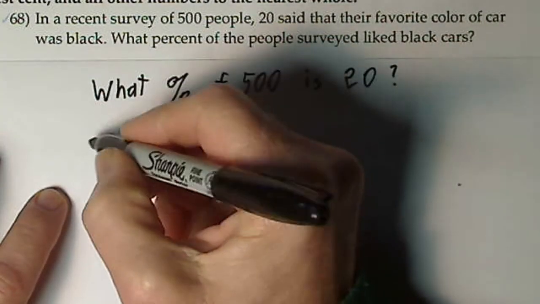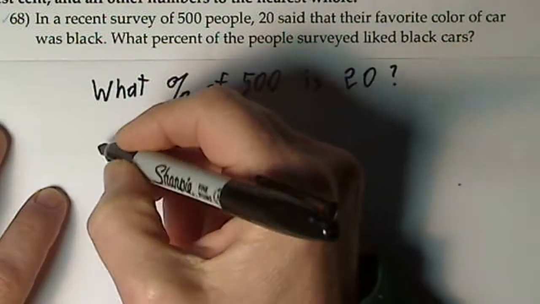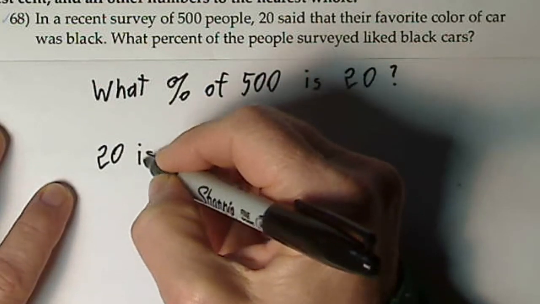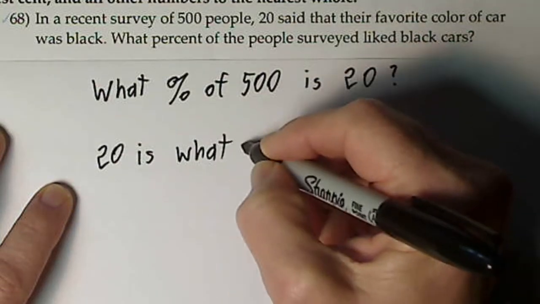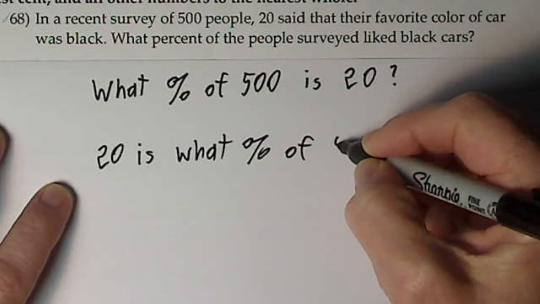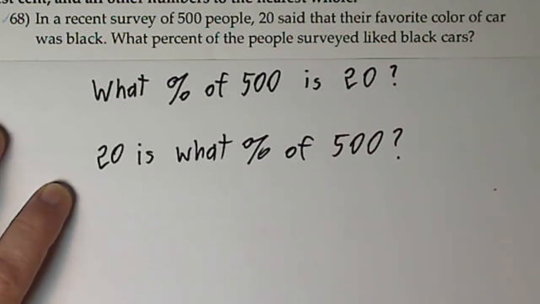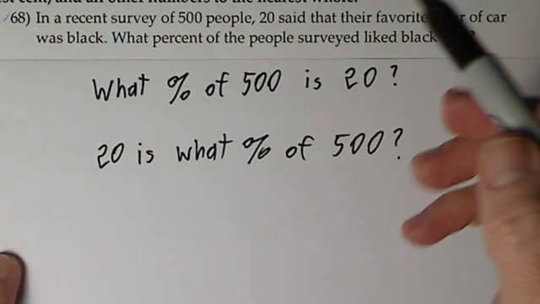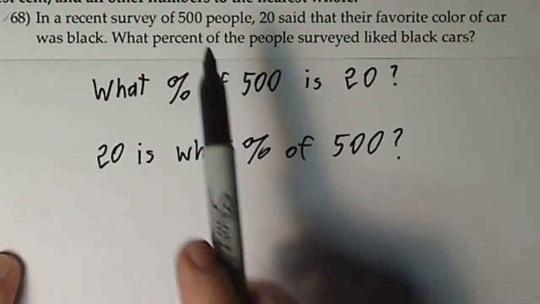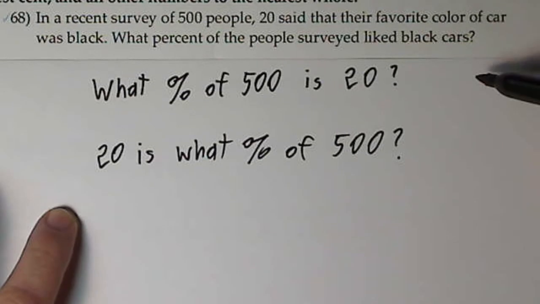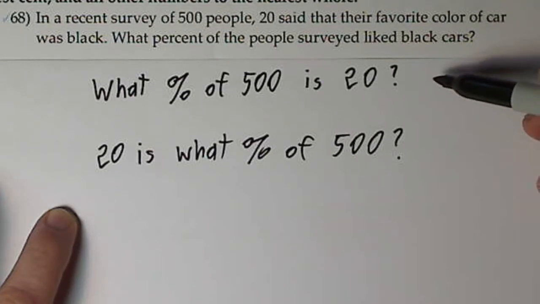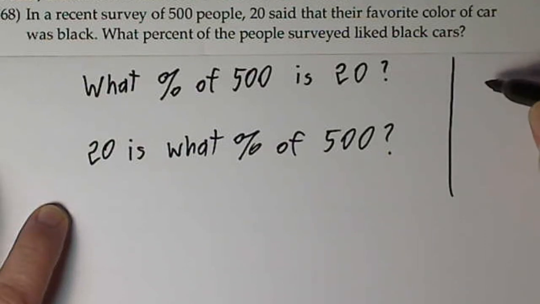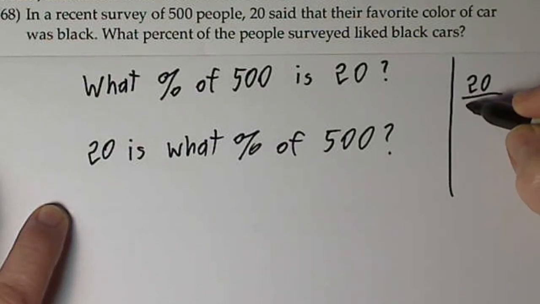You could say, well, it's not going to matter how, 20 is what percent of 500. Both these sentences are asking the same question. And another aside is you could just realize that this is 20 of 500. So if I just wrote, let's kind of move over here, still want to be on the page, I could just say 20 of 500